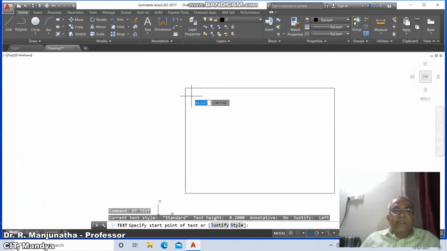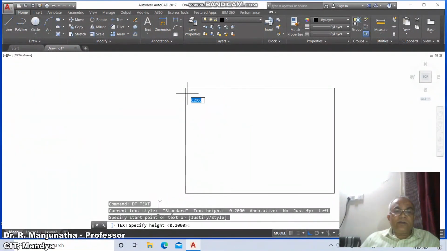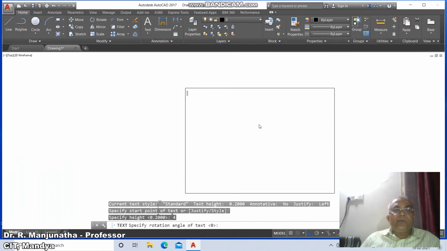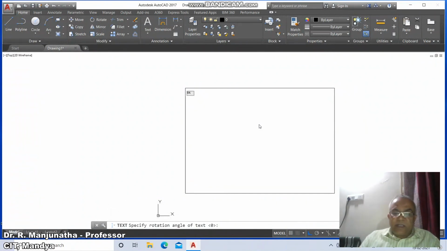So now we go for the problem number. So go to the text. So here click on this and take the height as 4 and rotation angle as 0 and type the problem number 84. So here, an equilateral triangular lamina,